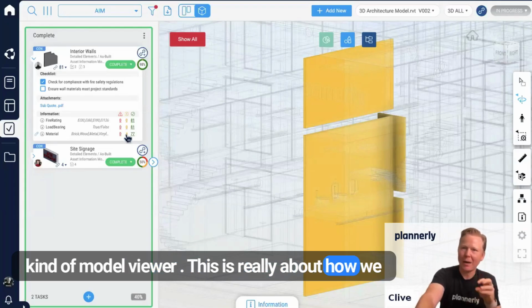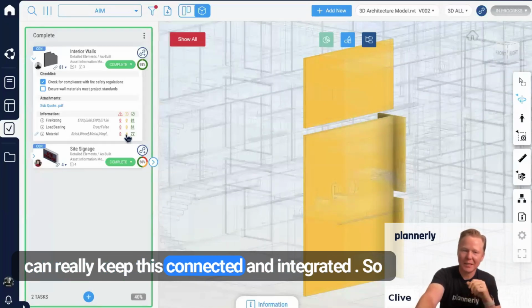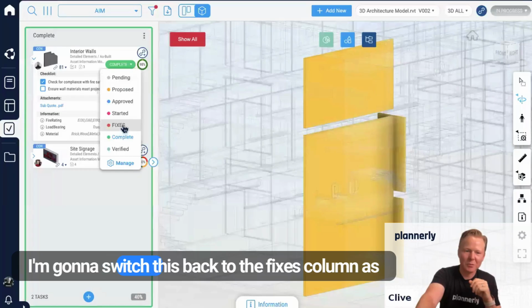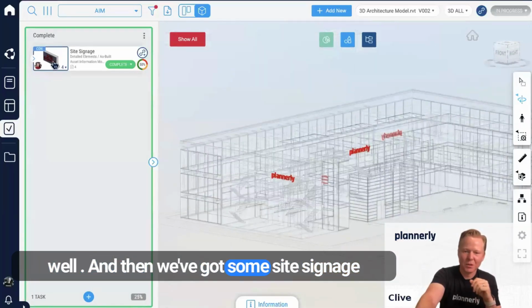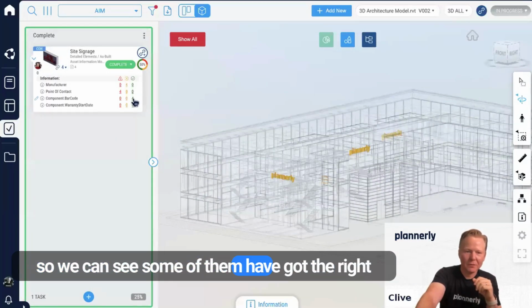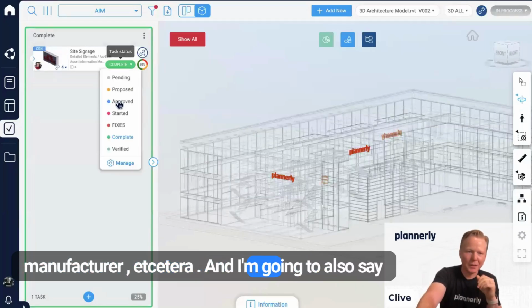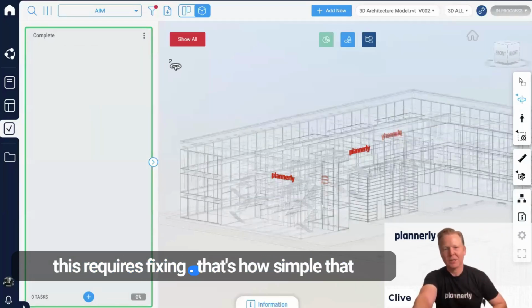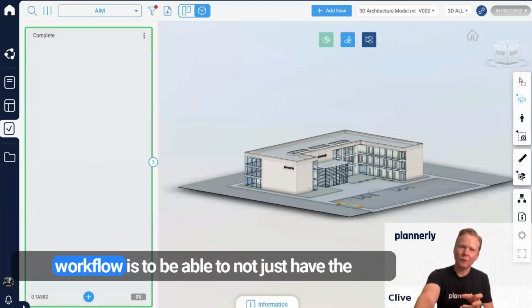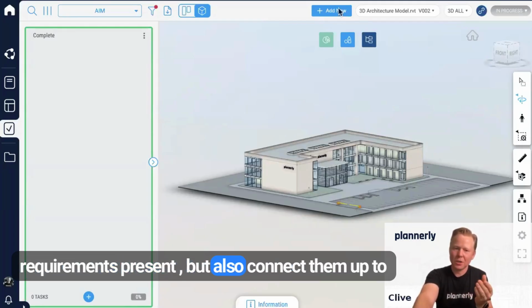This is really about how we can keep this connected and integrated. So I'm going to switch this back to the fixes column as well. And then we've got some site signage. We can see some of them have got the right requirements and some of them don't, manufacturer, etc. And I'm going to also say this requires fixing. That's how simple that workflow is, to be able to not just have the requirements present, but also connect them